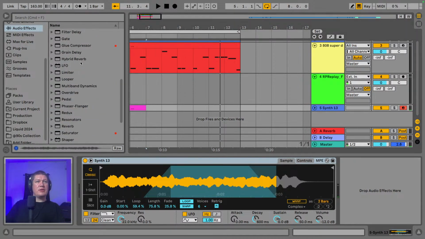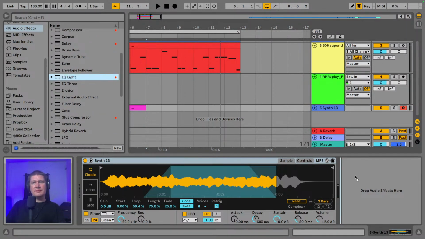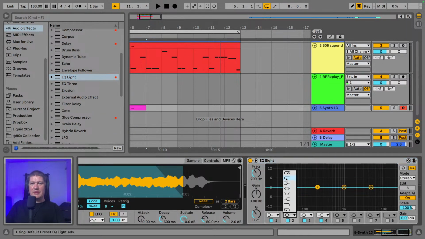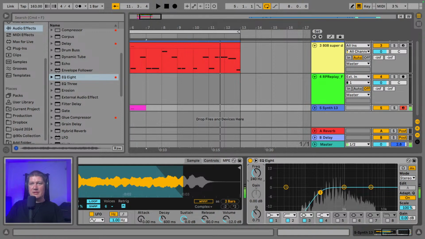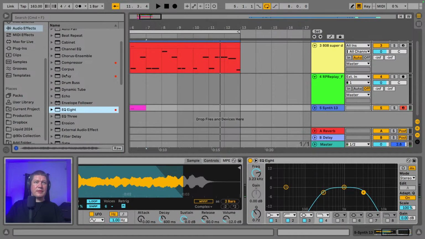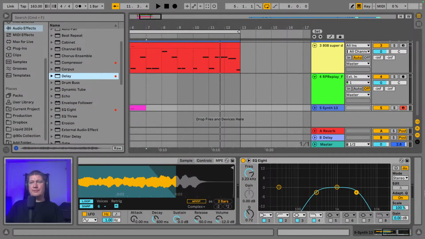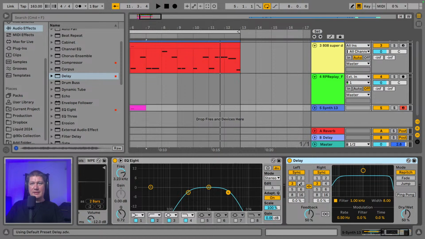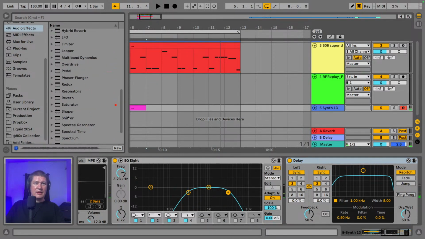Maybe it could sound good if it wasn't so muddy. So perhaps if I do this, and then if it had a load of effects on it as well. Not like that. Alright. Just for example, if I put delay here, if I put the hybrid reverb after it as well,